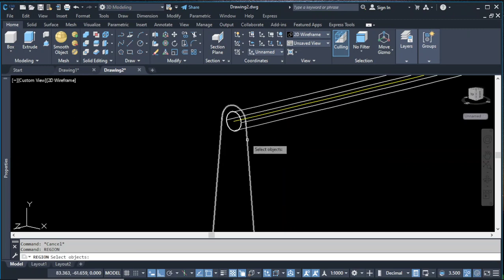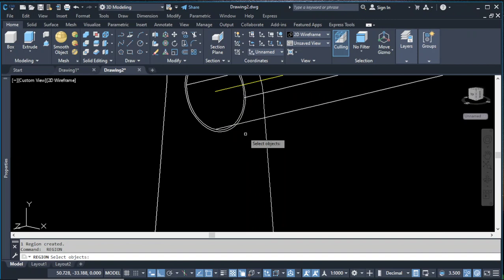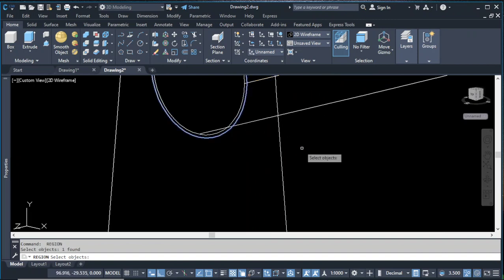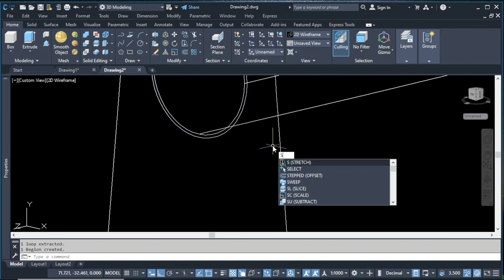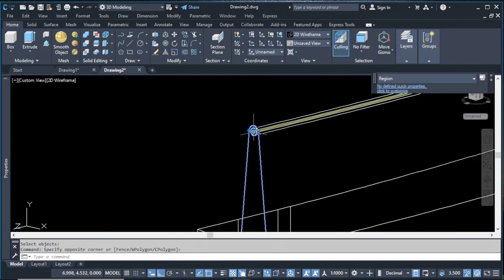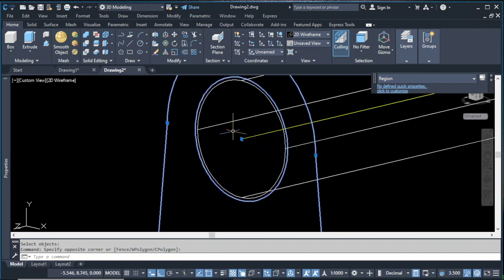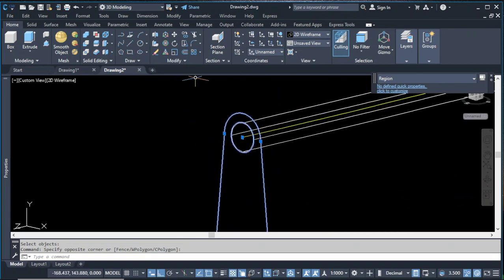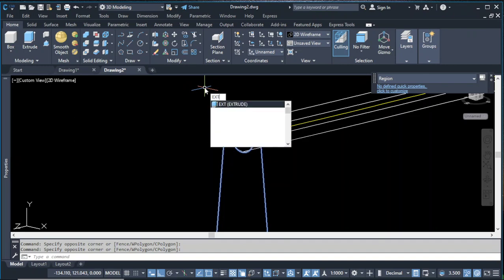So this one, yes, we can create another region. Then we subtract. So we pick the bigger one, subtract the smaller one, and now what you are left with is this face,